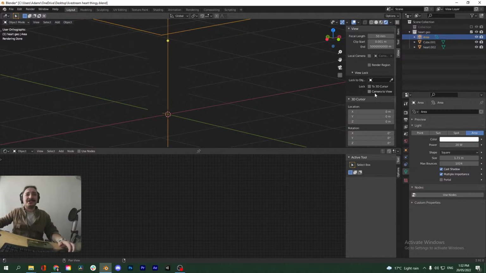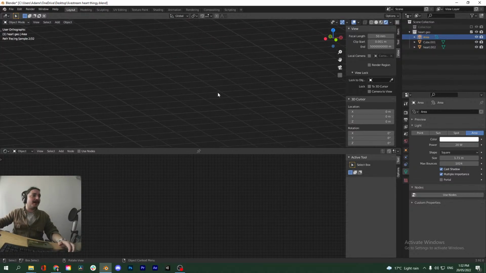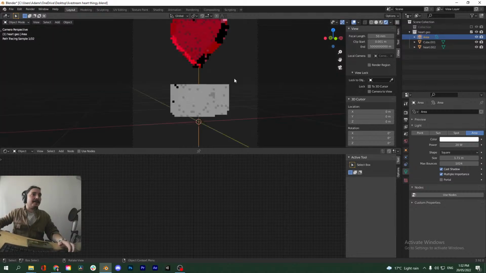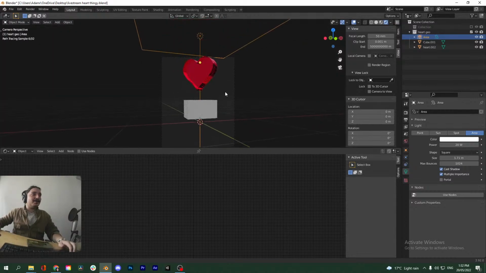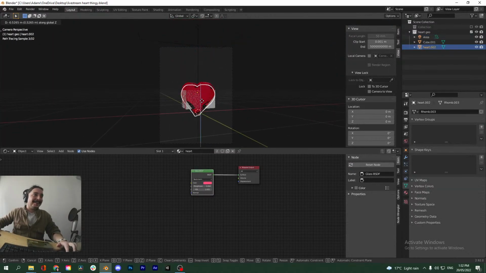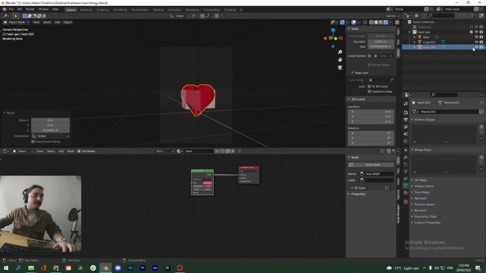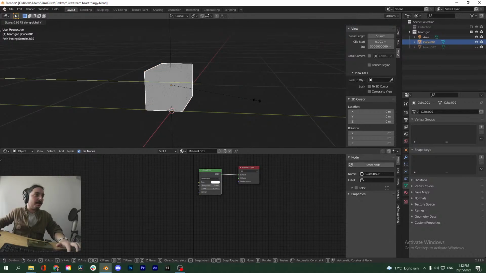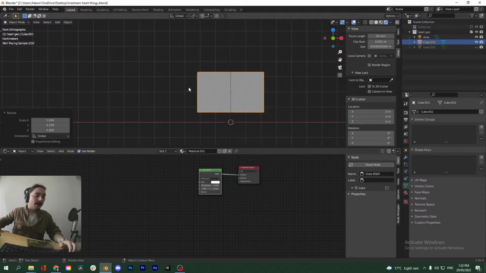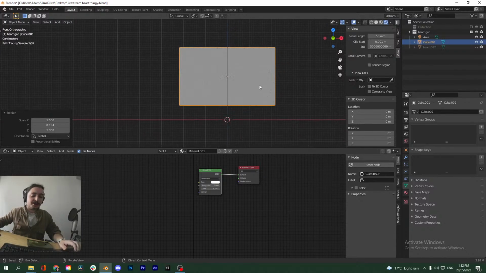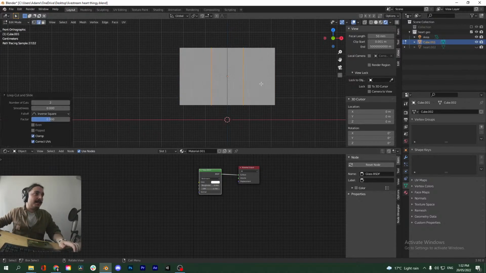I probably just clicked something that I wasn't supposed to, and it decided to shit the bed. There you go. Okay, it's back. So let's say we wanted to make this like a 3D speech bubble. We can say S Y to scale this in the Y axis. Then we can press numpad 1. Let's give this like a little